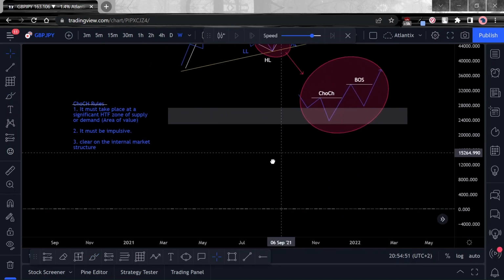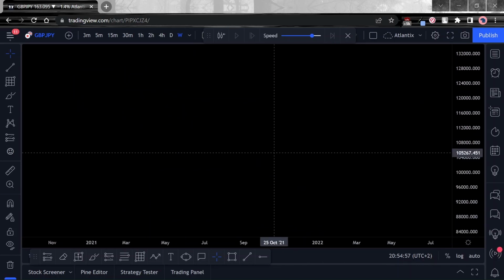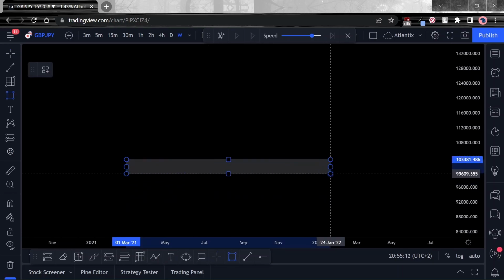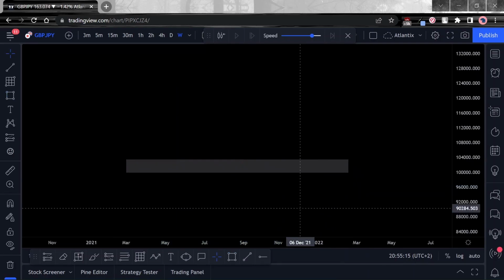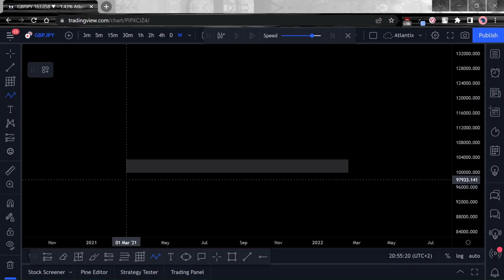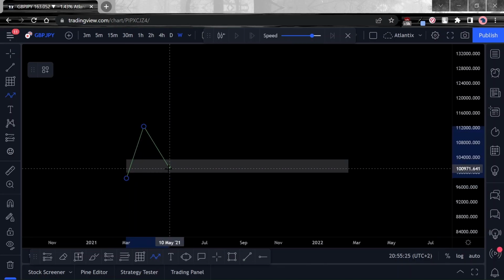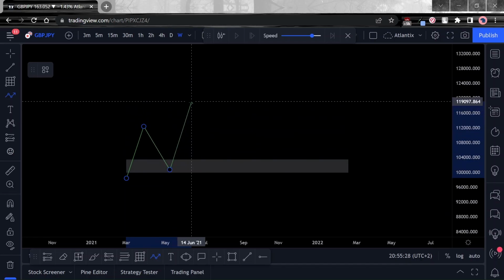Okay, and then let's talk a little bit more about the multiple time frame model that we're looking for. How does this all tie in? I just want to try and help you to understand this in the context of the time frames that we trade. So let's say we have the H4. We want to see a pullback and we want to see price go up.